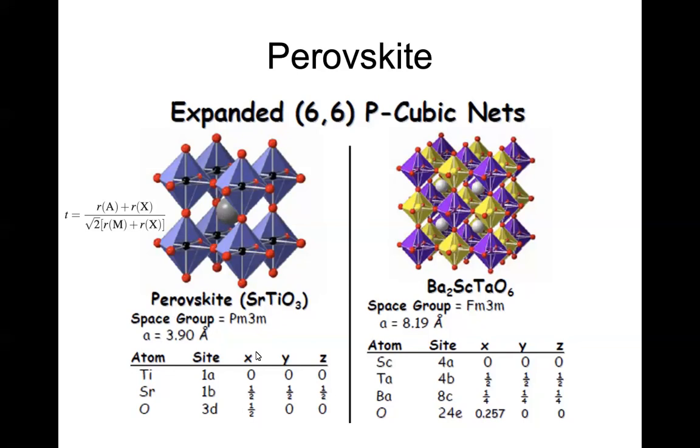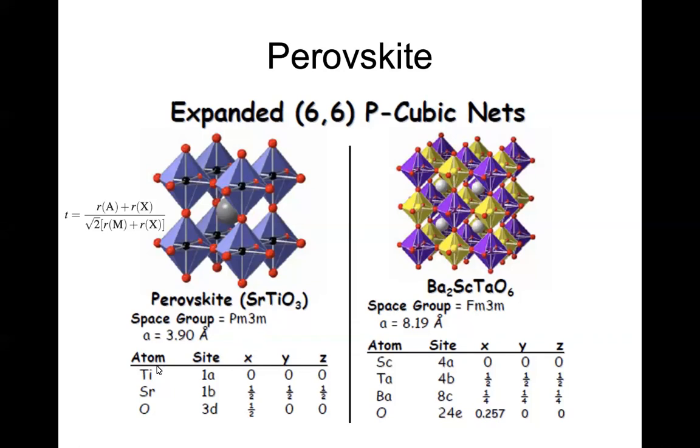So what is the space group? PM3M. Okay, this is not I type, this is not body centered. Remember, because at the body center you have strontium, at the corners you have titanium, so it is not body centered. Okay, and it's a P type, and again threefold symmetry is there, which is typical of cubic structure. If it comes at the first position, then this is a rhombohedral structure. Okay, so it depends on the symmetry. So for the cubic structure, the lattice parameter is A equal to 3.90 because in cubic all are equal.